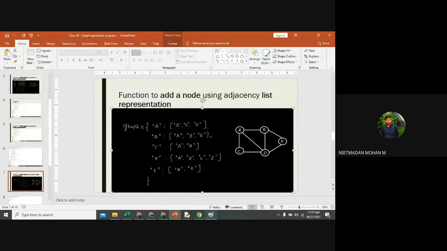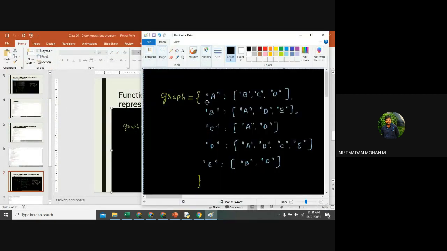I have already told you, right? I have already told you the list is my dictionary. Am I right? Yes, sir. The nodes or vertices that we are giving in the lines of code are known as the key, and the edges for that particular key will be represented in the list. So that is the thing.